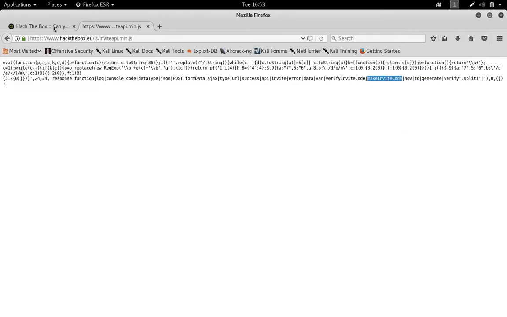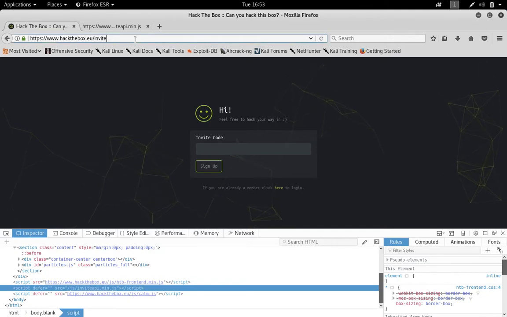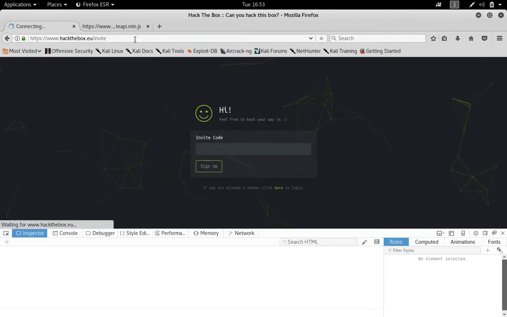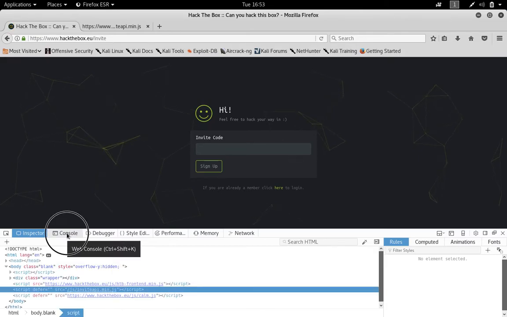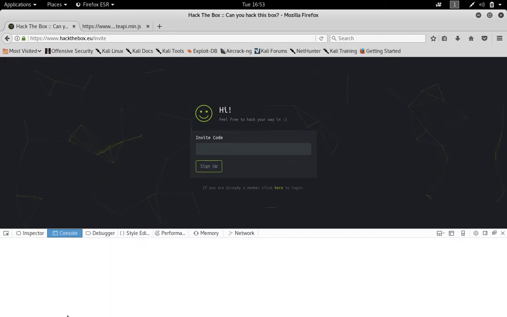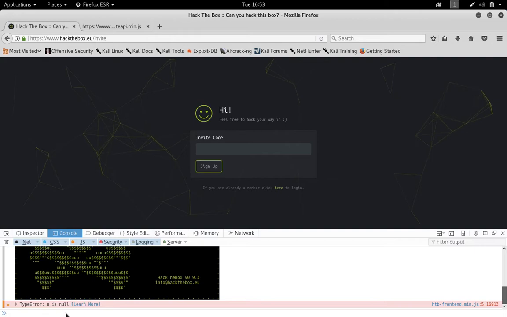We'll simply copy, come back here, refresh, and after that simply click on console and paste.